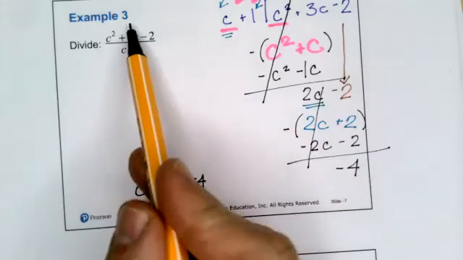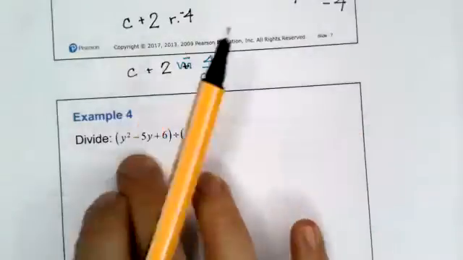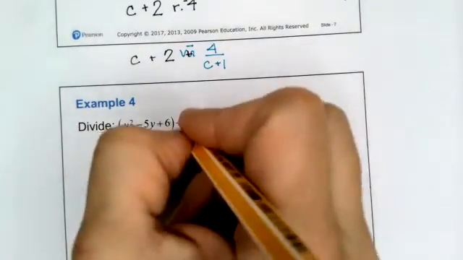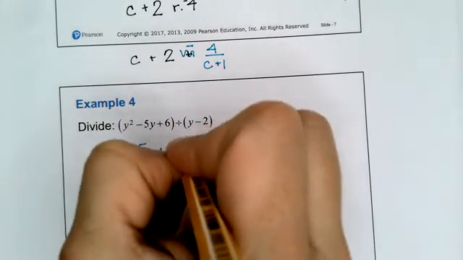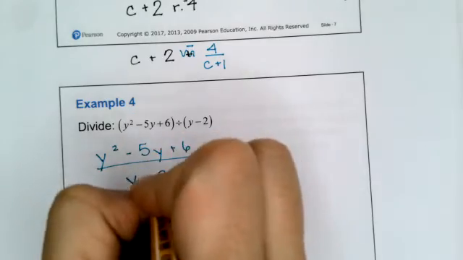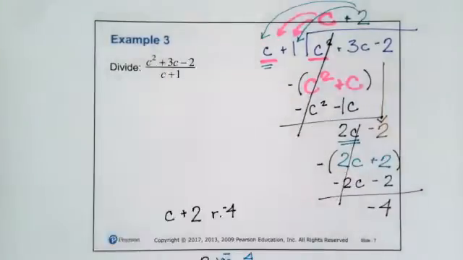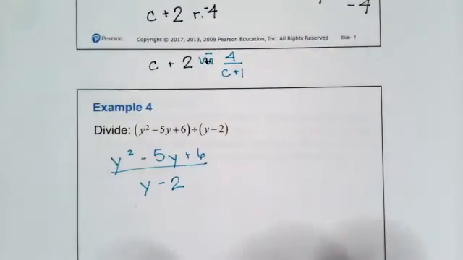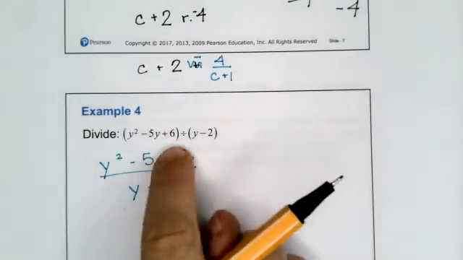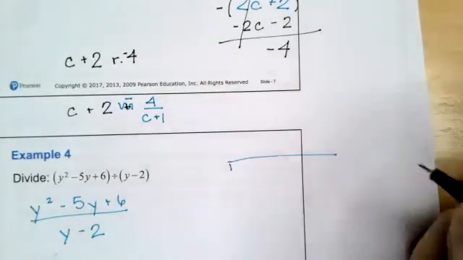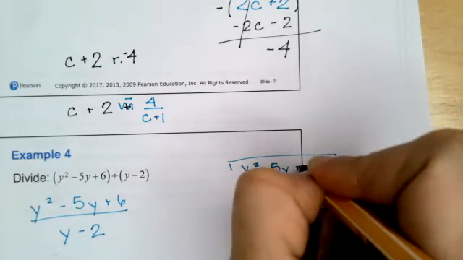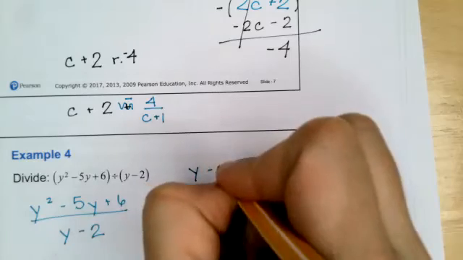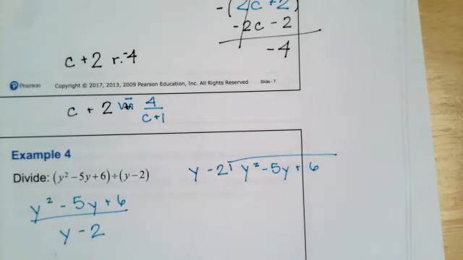Here is vertical. Here is horizontal. So that's y squared minus 5y plus 6 divided by y minus 2. So that would look like this. If it was up and down, not that that matters. Okay, there's many ways to write it, or this way, or inside the house, right? Y squared minus 5y plus 6, y being divided by y minus 2. I know we don't have much time, but